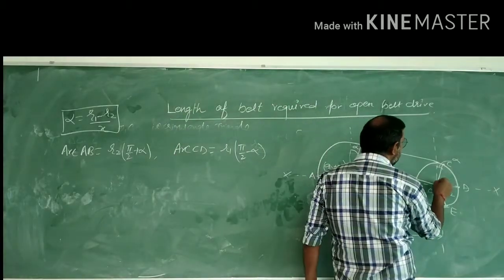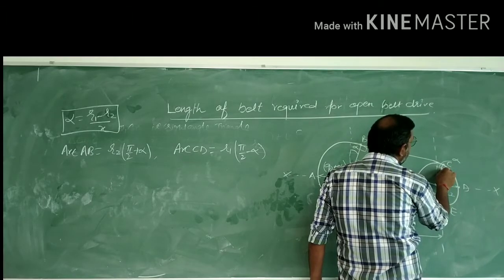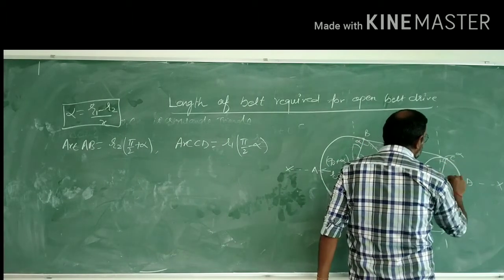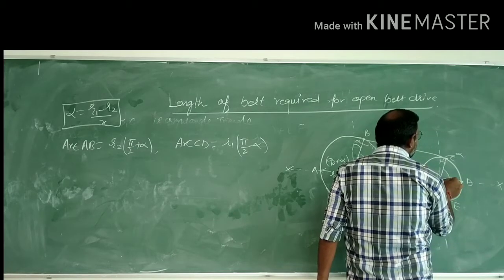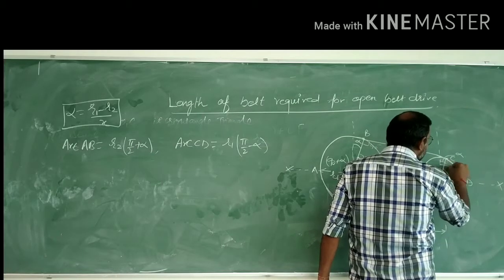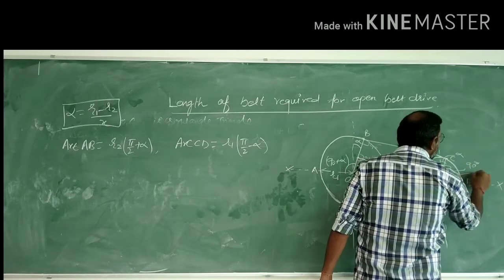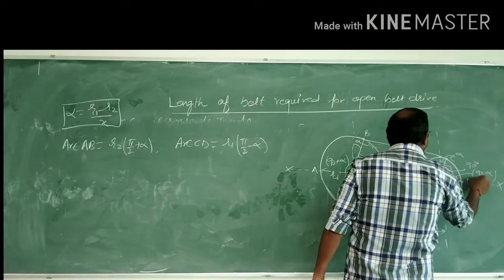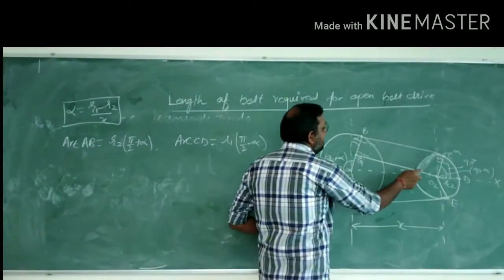Since this angle is alpha, we need to find out this angle. Okay, this angle. So this is how much? Total is 90, and subtracting this angle. So this would be equal to 90 minus alpha. So that's why now we need to find out the value of this BC, length BC.